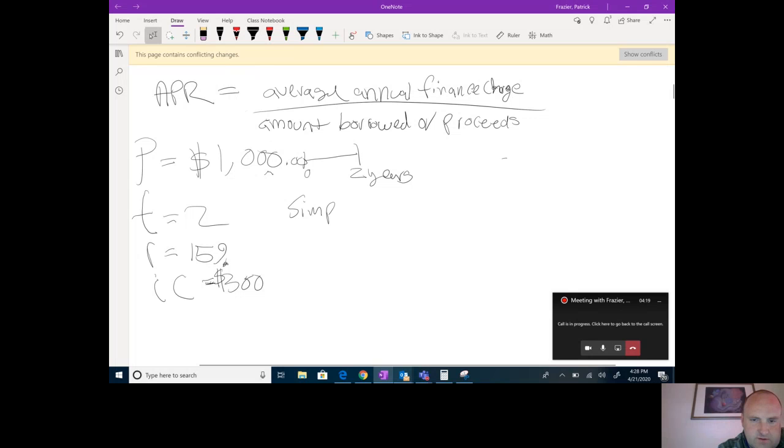Okay, now we're going to use two different methods, the discount method and the simple interest method. Simple interest, and discount method. So under the simple interest method, again, we're taking the average annual finance charge,